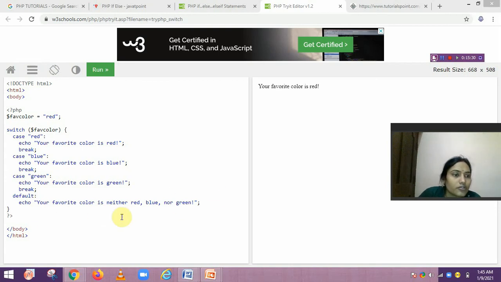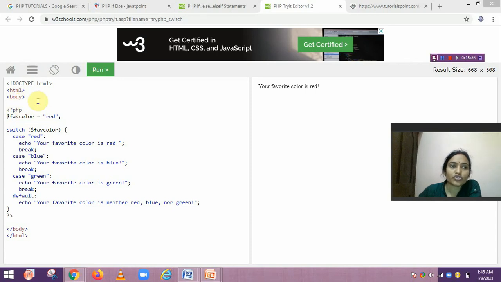Here I will show you an example which is run in an online editor. I will show you a switch case example to run. This is how you write it and run this code. Here it is the online editor of W3Schools. In this online editor we write the doc type HTML, then the body portion.